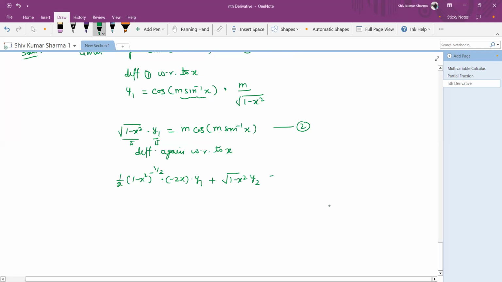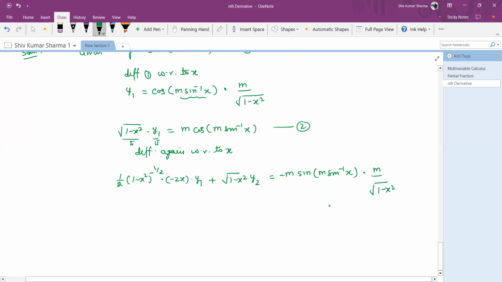Differentiation of y1 is y2, is equal to m cos, differentiation of cos is minus sin(m sin inverse x) into the differentiation of m sin inverse x, m upon root 1